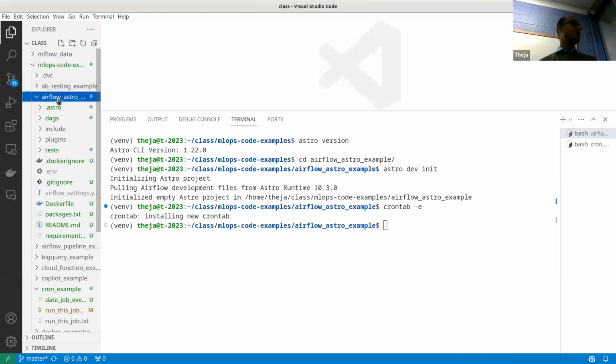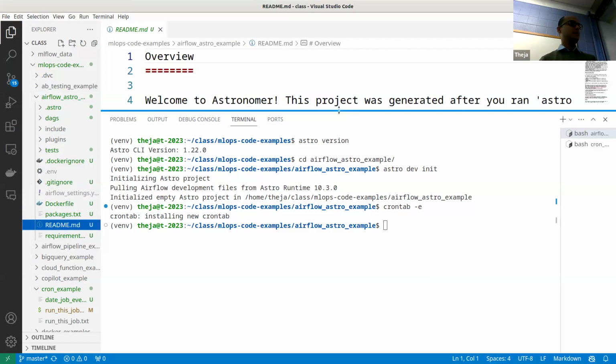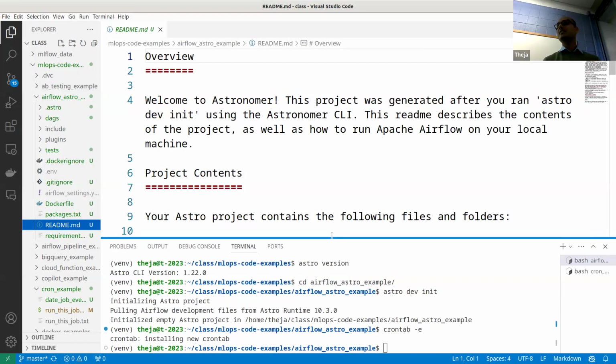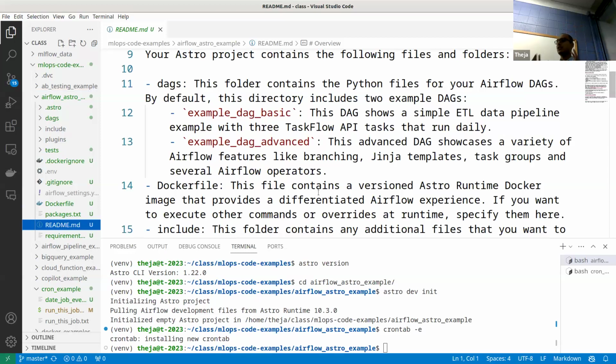So if you look at the Airflow folder, it has created a bunch of folders and files. In particular, there's a Dockerfile. There's a README, which tells you how this folder came about and so on. Just to give you a sense of what it is: DAGs, which is exactly what Airflow needs.